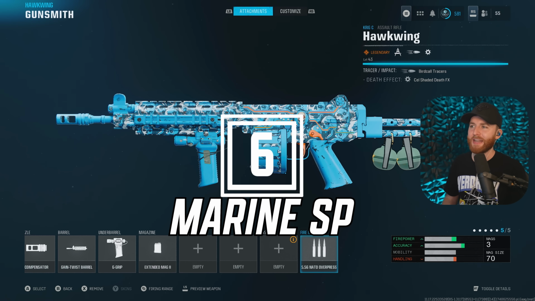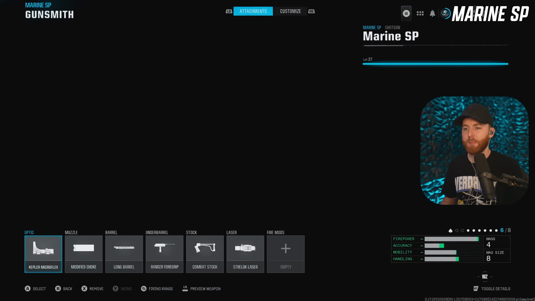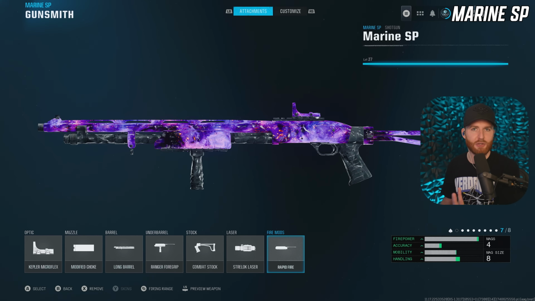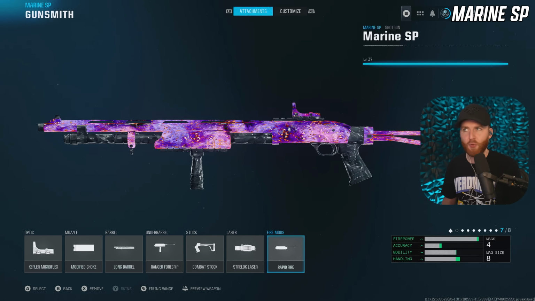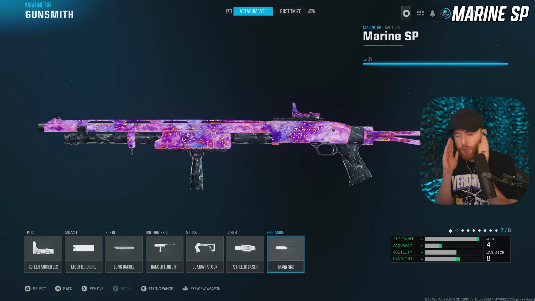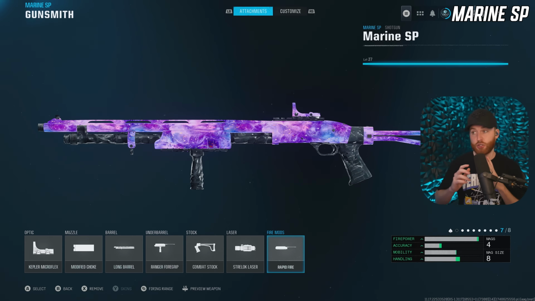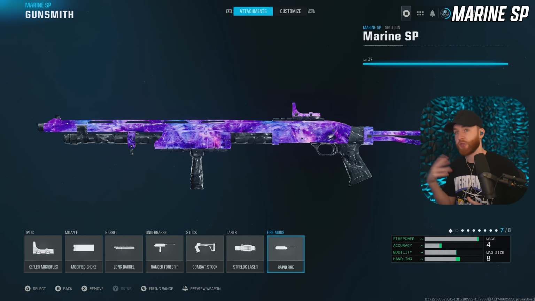Now, a gun you may have seen in the intro is one I think is severely slept on. The Marine SP is disgusting. I had to turn off rapid fire because you can't use rapid fire inside of ranked, but this is my 7 attachment Marine. And dude, I'm telling you, if you played Blackout and you enjoyed the MOG back in the days, your ability to just throw a shoulder, boom, take out 250 of someone's HP, throw a shoulder again,